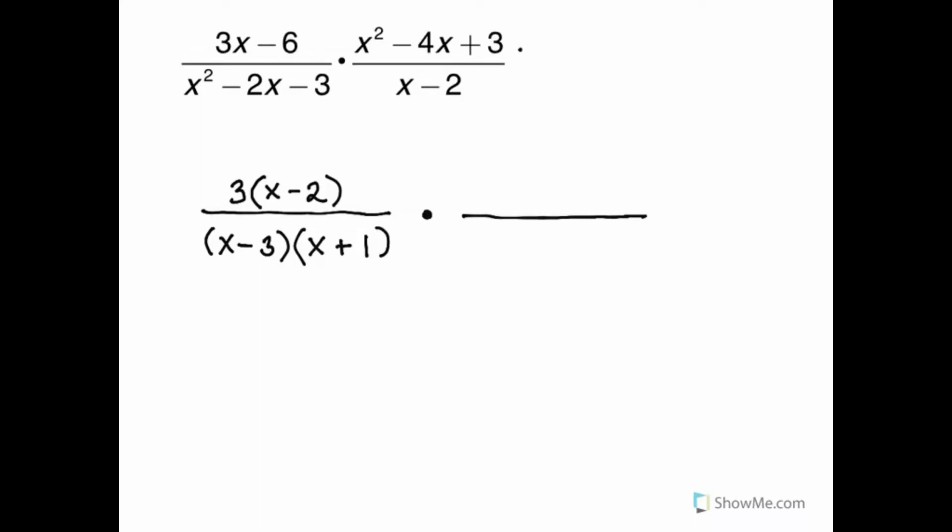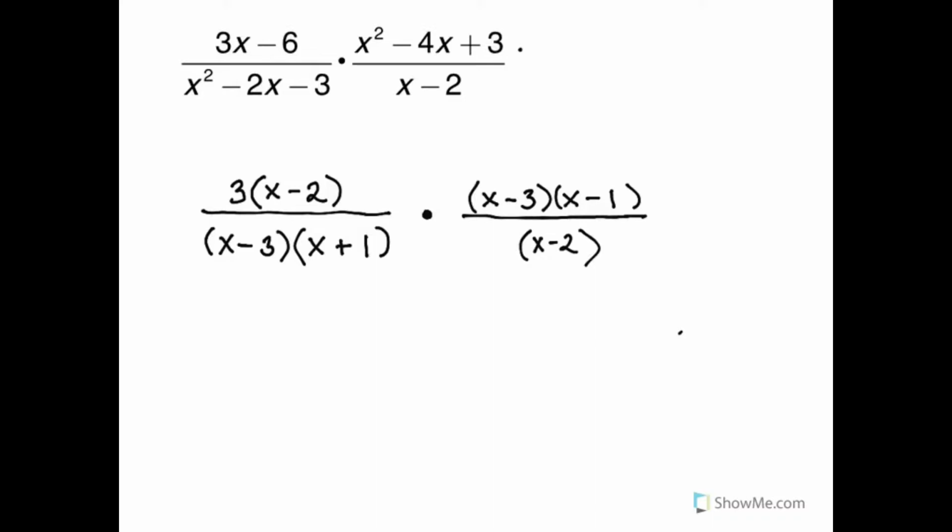Now let's look at x squared minus 4x plus 3. That again factors to two binomials. They both begin with x. I look at 3, the only factors are 3 and 1. It's a positive 3, but I have a negative 4 in the middle. So negative times negative gives me positive, and negative plus negative gives me the negative 4 in the middle. And finally, x minus 2 is already factored, but I'll just put it in parentheses so it looks like the rest of the binomials. Now that I've factored, I get to do the fun part, which is canceling.